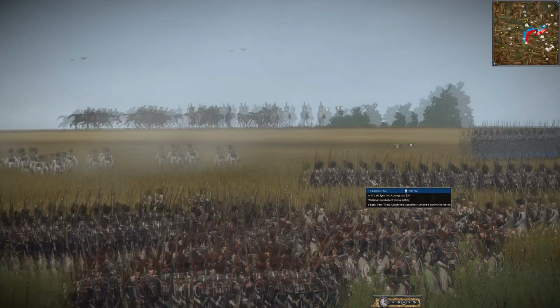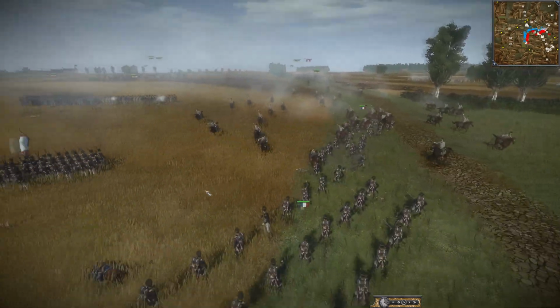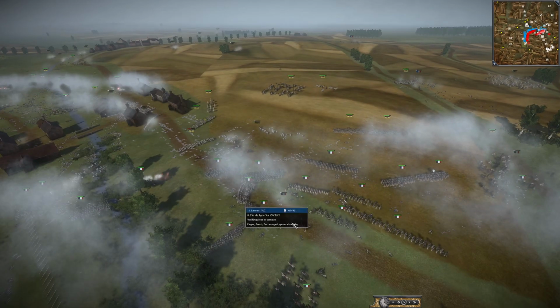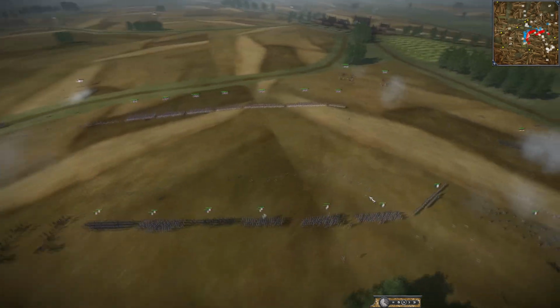More Austrians rushing forward to kind of defend this flank. Oh, we have Austrian cavalry charging in against skirmishers here. And Austria does have plenty of cavalry still, but with France crashing in on this flank, Austria is going to have a tough time defending here. The UK are...